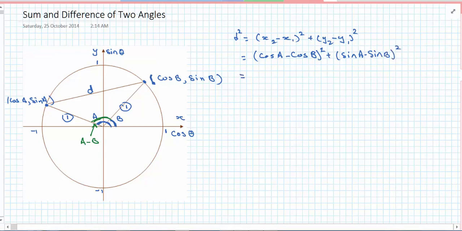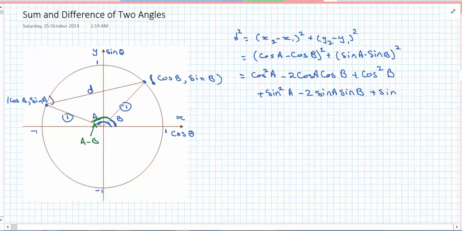Going to expand those. That gets me cos squared A